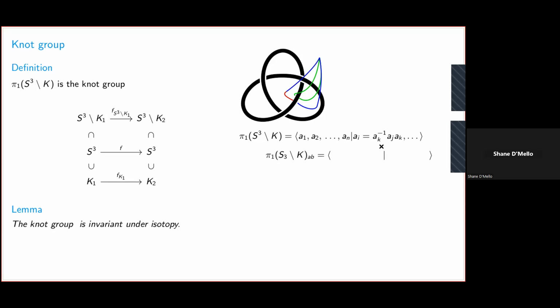If we abelianize, of course, we get the same generators, but for the relations, conjugacy is, well, in that case, the a_k inverse can interact with a_k, and that will cancel out. And so you get that a_i is equal to a_j. In a knot, you would find that all of these are related by conjugacy. I've left out a few details, but easy to check details, but all the generators would be equal to each other. And so the abelianization is going to be generated by one single element with no relation at all.